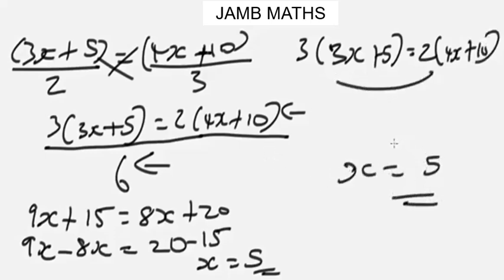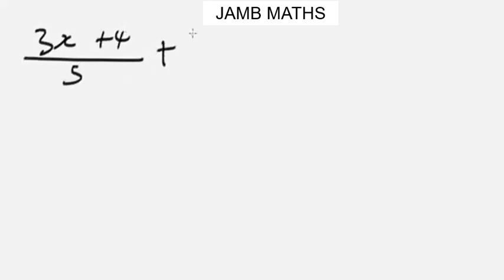Now let's wipe this and look at another example. Okay, now let's look at this example. If you're able to solve this example very well, you won't have problems again. So let's say we are given something like 3x plus 4 over 5 plus 4x minus 1 over 3